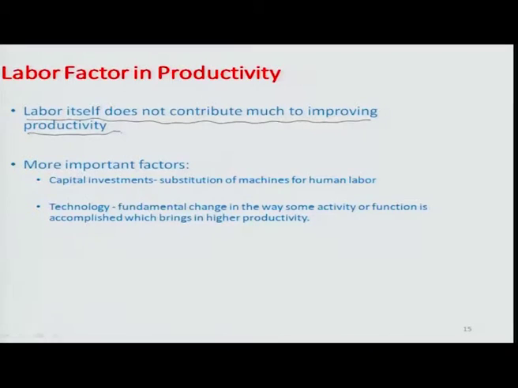So then the question becomes, what do you really do if you can't improve the labor productivity beyond a fixed value? Some of the more important factors which you need to address are, first, can I substitute some of the human effort through machine effort? Okay, so basically, if I substitute